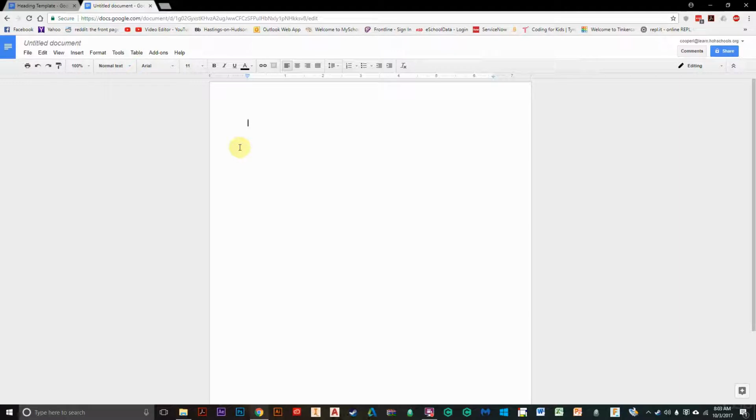So what we are going to do is create a heading here. So we go to name, that's the first thing, and you're going to tab over, and we're just going to put the date. And you're going to tab over so it goes right to the edge. So that's the edge it looks like, and you can space over there. And we're going to put teacher name, then tab over, and do